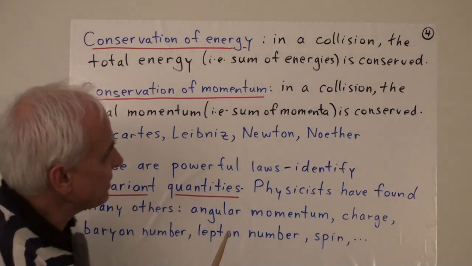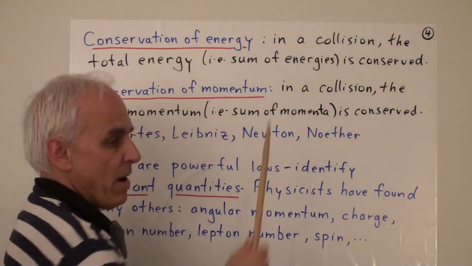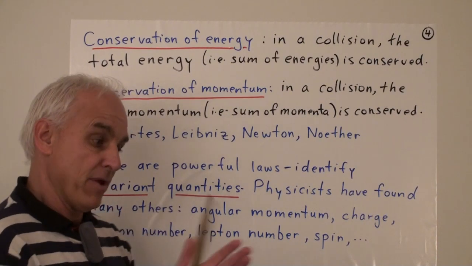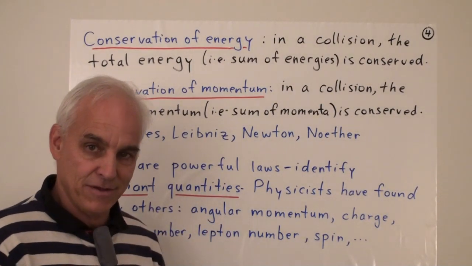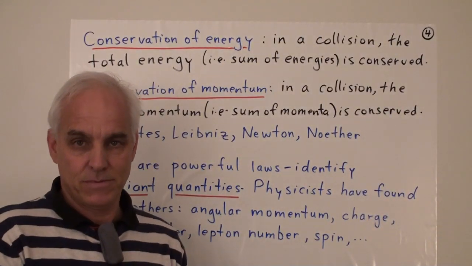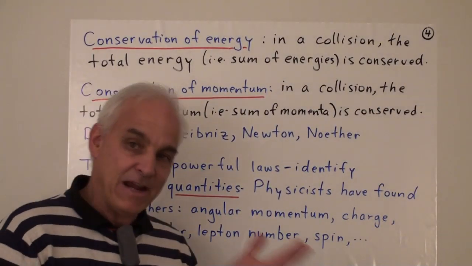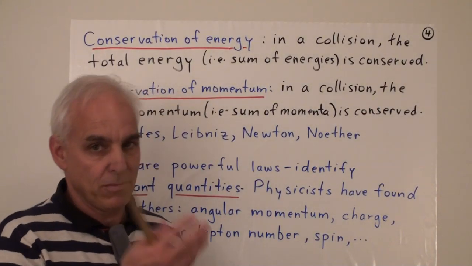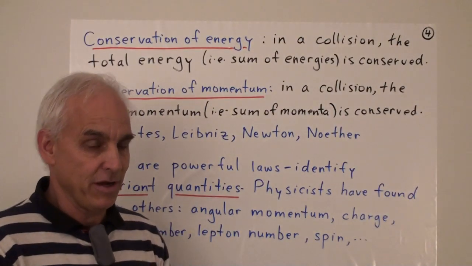And because these are different kinds of quantities, this is really a law about scalars. We have an equation. On one side you have the total energy before, on the other side the total energy afterwards. Those are two numbers, and the two numbers have to be equal. With this law, the total momentum is a vector before, and the total momentum afterwards is a vector, and so it's really a vector equation that we're talking about.